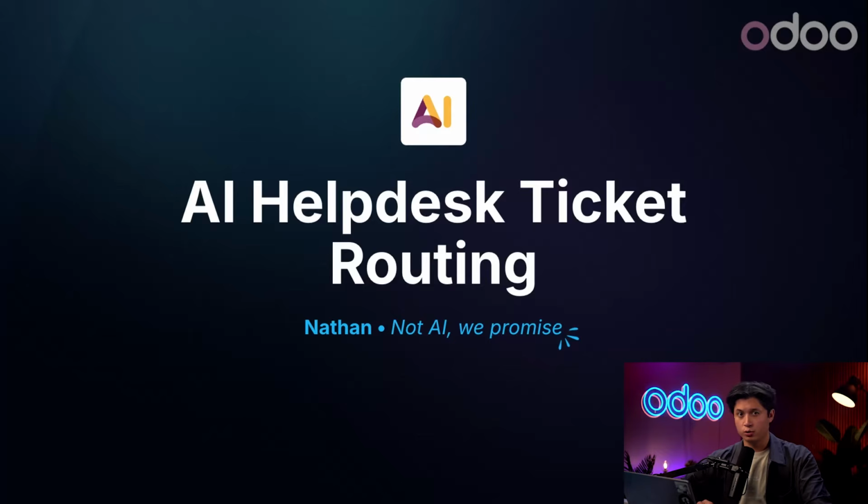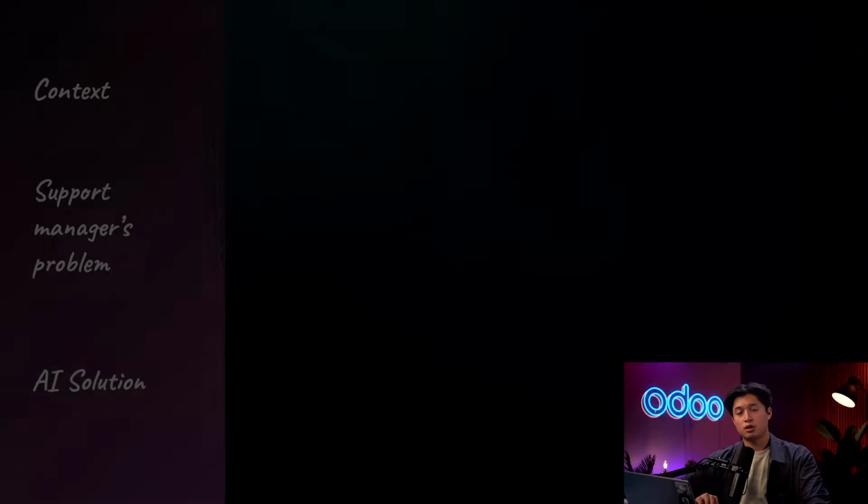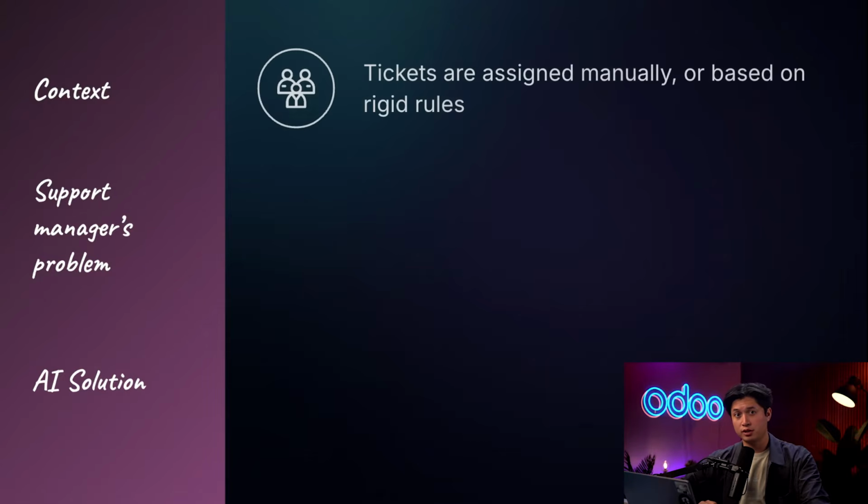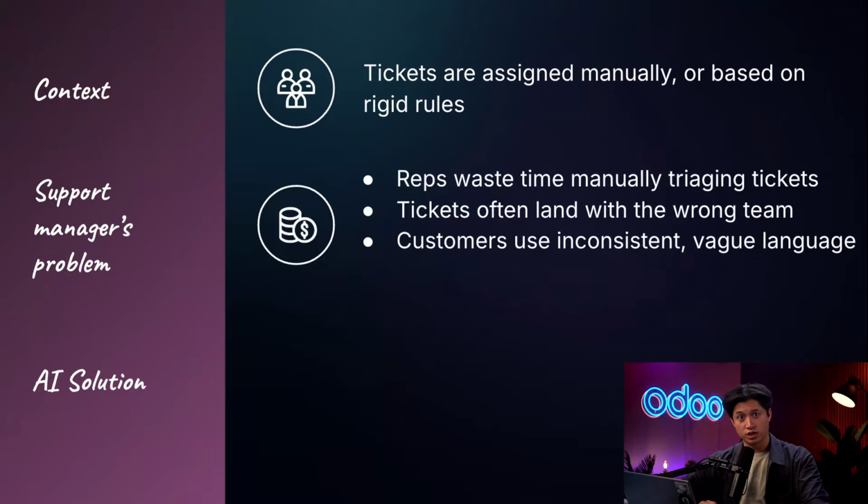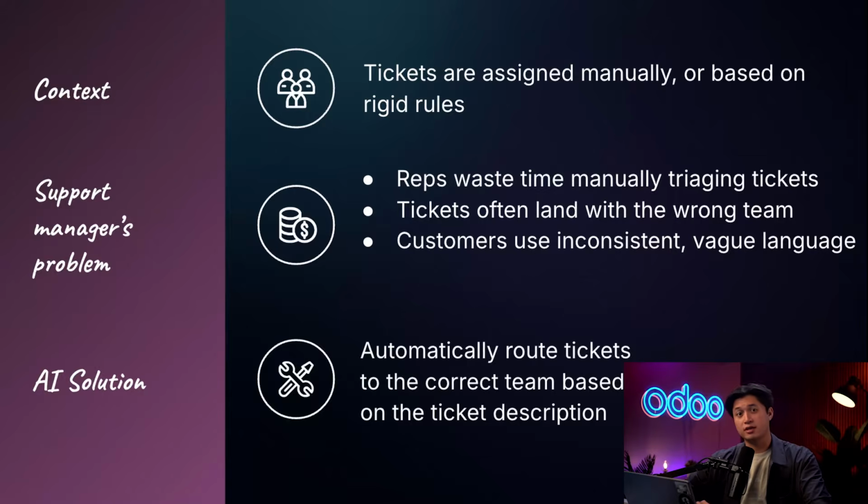In this tutorial, we're going to show you how to use AI in Odoo Helpdesk to automatically route incoming support tickets. Right now, most tickets are assigned manually or through rigid rules, but that creates real problems. Reps are wasting time triaging, tickets are often landing with the wrong team, and vague, inconsistent language from customers makes automation extremely unreliable. But with Odoo AI, tickets are routed automatically based on their descriptions, no manual sorting, no custom